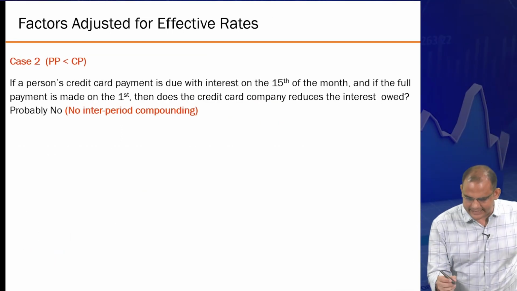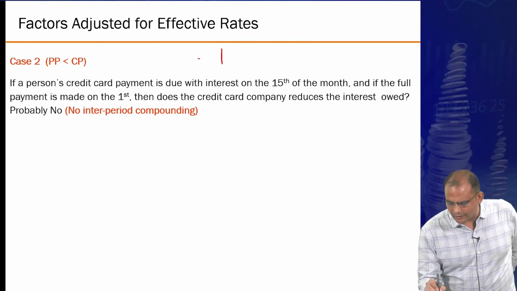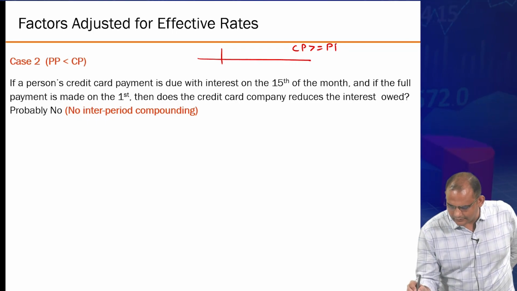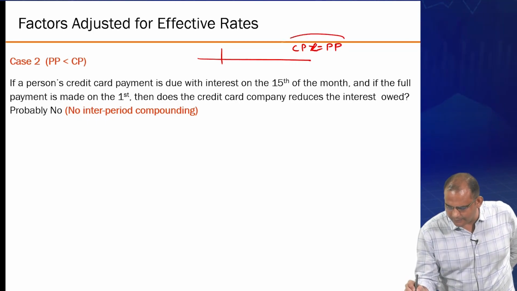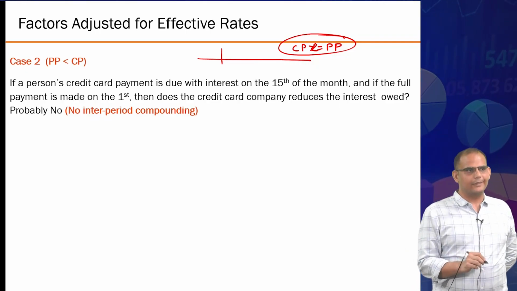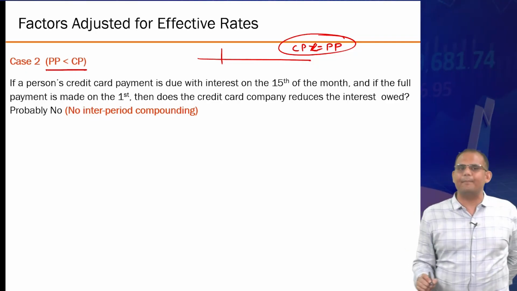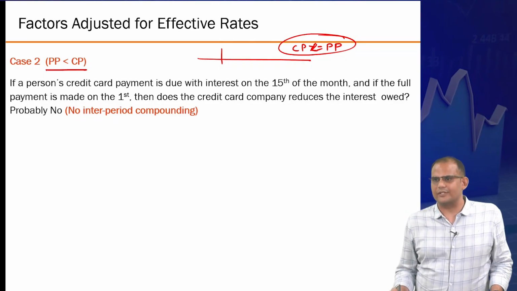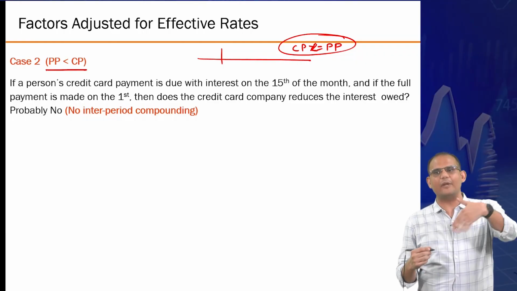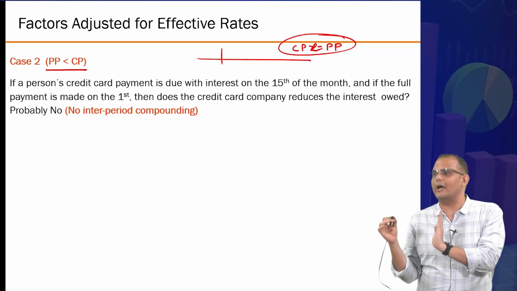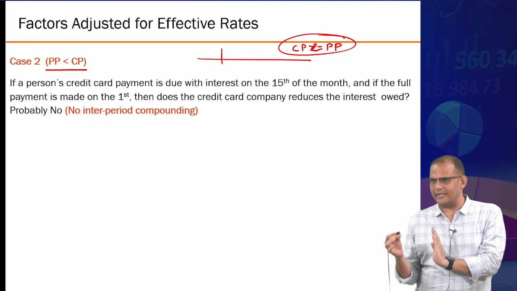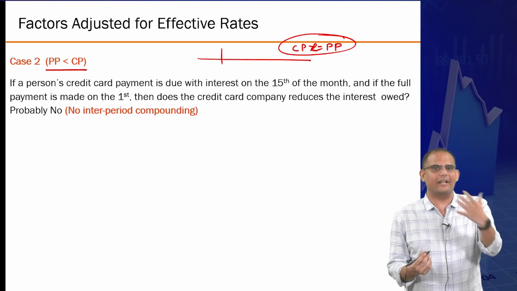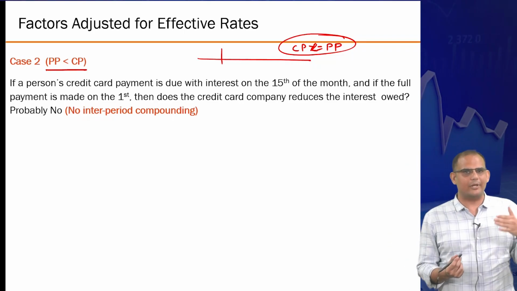The first cases that we covered were basically all the time where CP was less than or equal to PP. Those cases we have already covered. Now comes the complication of when the payment period is less than the compounding period, right? So your payments are more frequent compared to the time that you are allowing the money to accumulate, right? So usually your rates could be slightly lower compared to what you would otherwise give them the benefit. So you have to estimate on the conservative side.